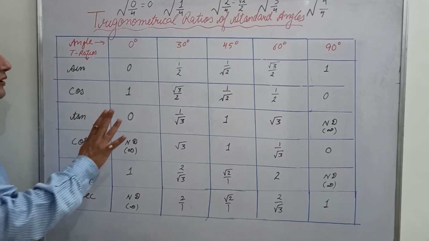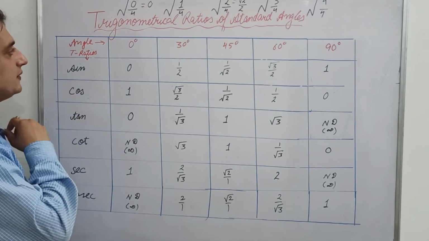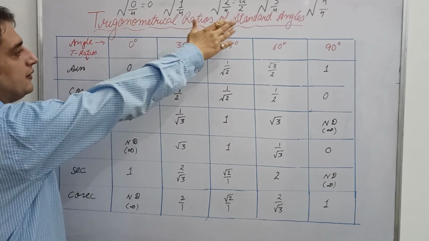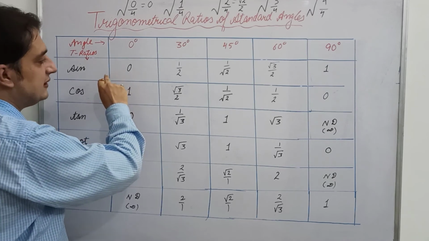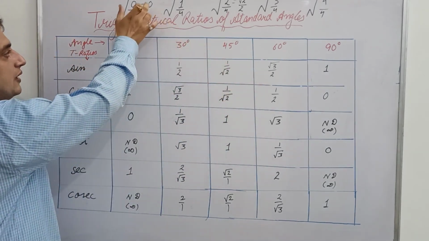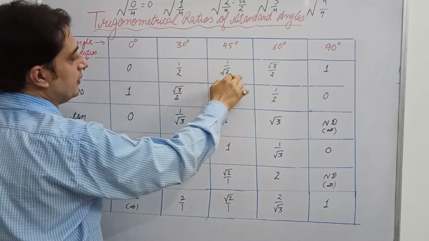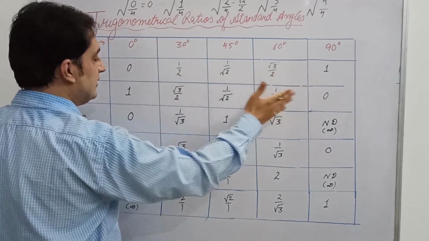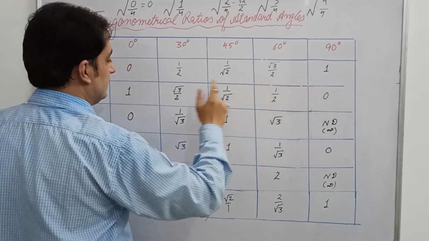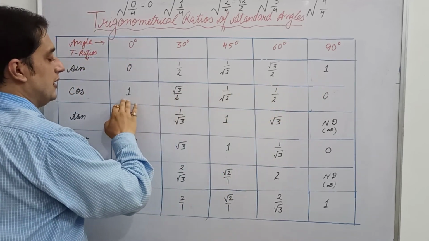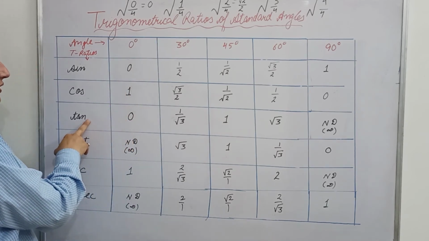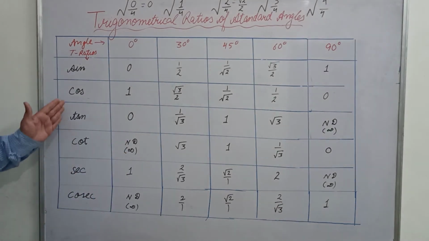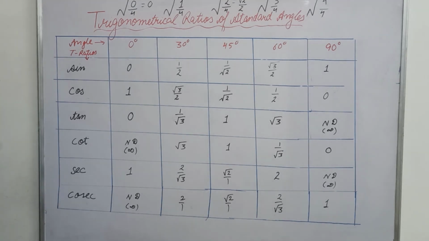If it is difficult for you to remember the values of sine, then first take the 5 whole numbers and divide them by 4, and then take the square root. Just write the numbers after simplifying this: 0, 1 by 2, 1 by root 2, root 3 by 2, and 1, and then rewrite. Then write the numbers in the reverse order, right? And then take the quotient of these two to get the t ratio tangent, and then take the reciprocals of sine, cosine, and tangent to get the remaining 3 t ratios.